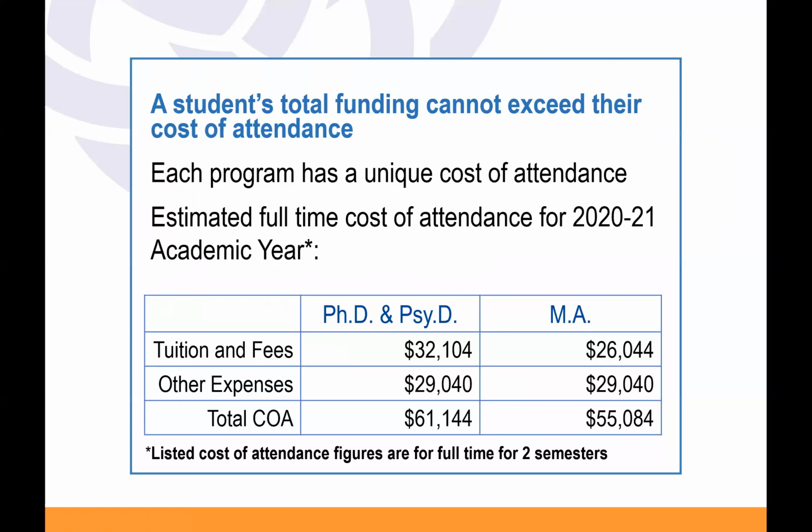So say that you still need additional funding. Say that you got laid off. We are in a pandemic, so things do happen. You get laid off, you already accepted your unsubsidized loan, and you thought you were going to have income coming in, but you don't. Because that is your cost of attendance for the fall and the spring semester, you may apply for the Graduate PLUS loan up to 34,584.